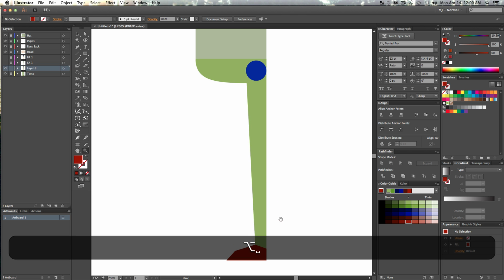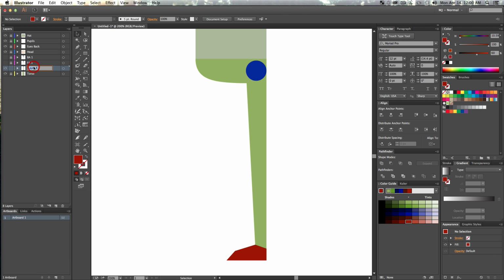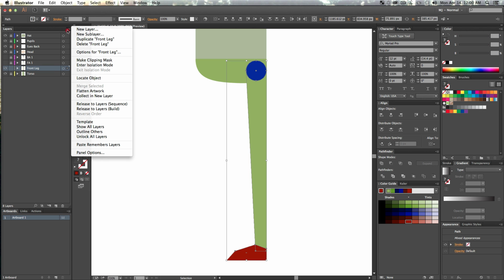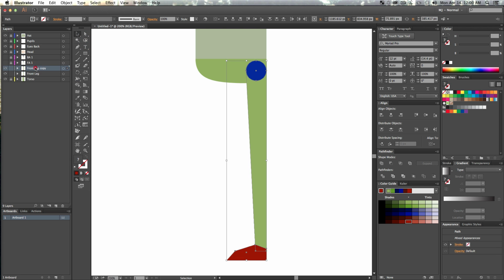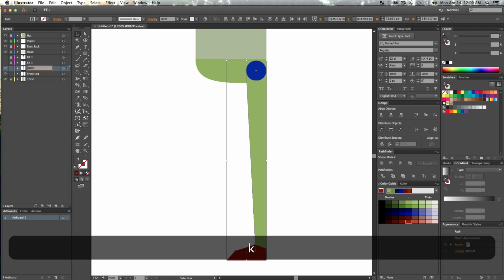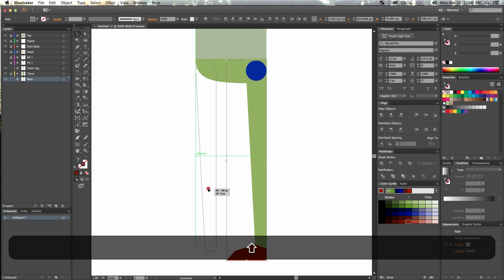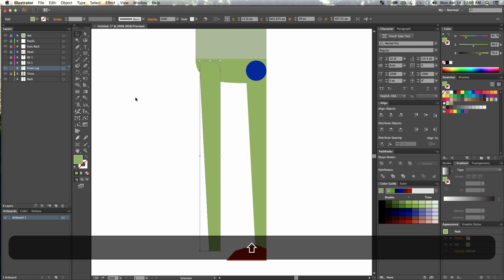So we got this wonderful character set up. Let's name this layer front leg. And now do Command A to select everything on this layer. And then go to duplicate front leg, and I'm going to call this back leg. So I'll drag this back leg behind my torso and then just drag it over and try to line it up where the blue